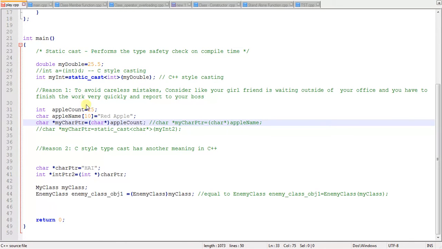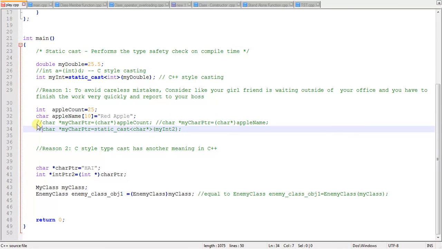So how will static cast help you over here? Consider, instead of this line, you have used a C++ style casting that is called static cast. Static cast is a very strict officer which will allow only the legal conversions.